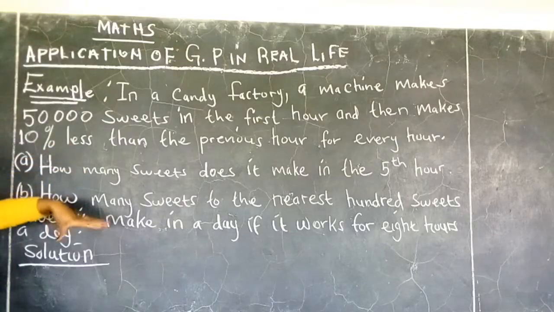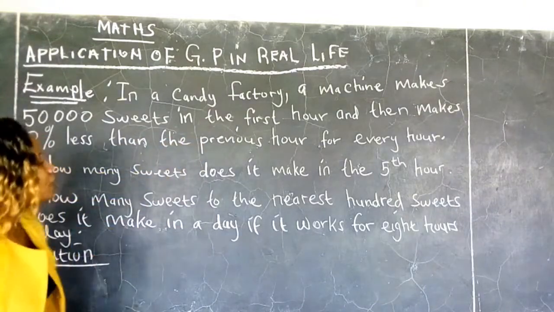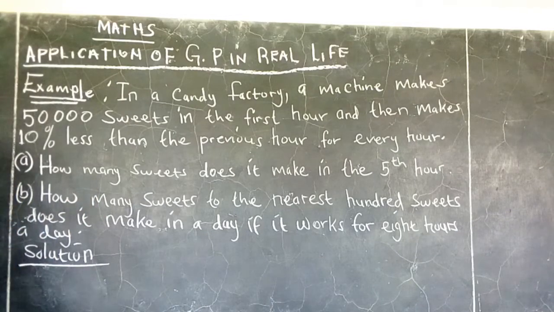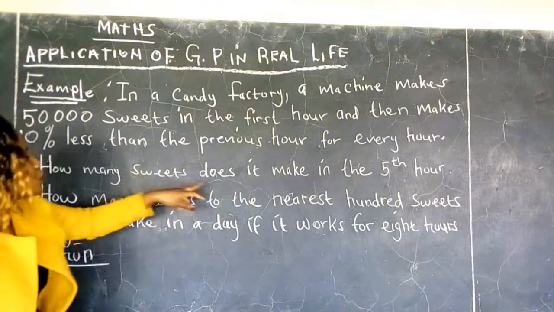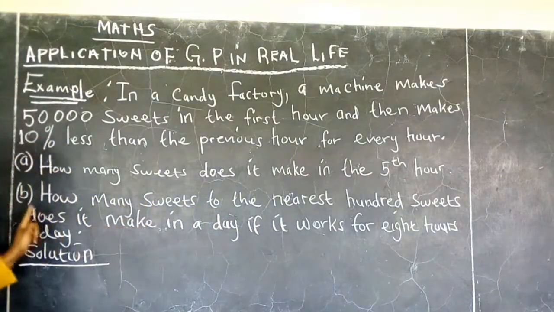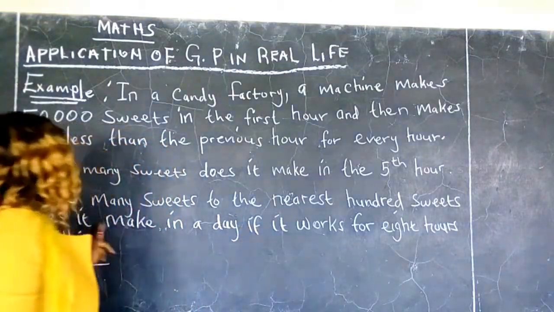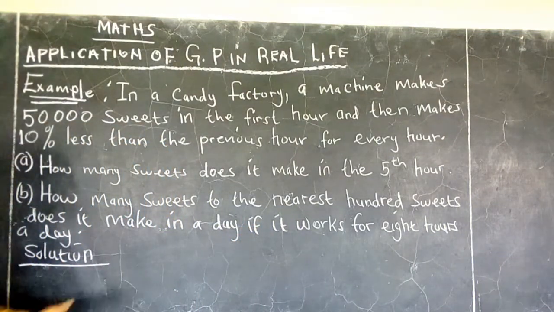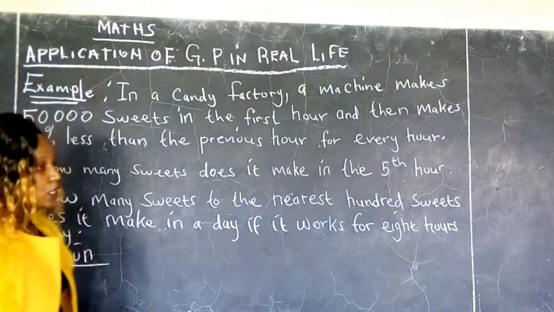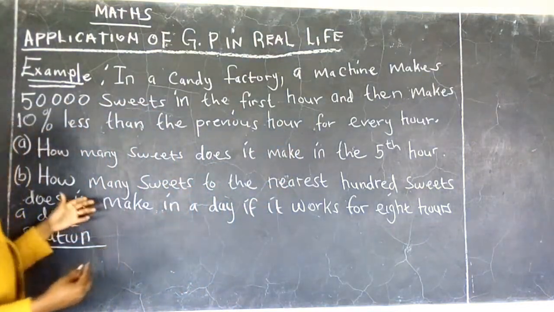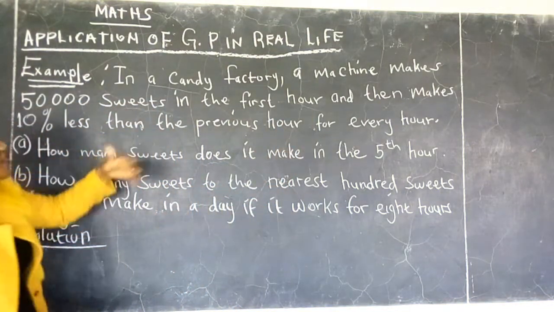I have an example whereby we are told in a candy factory, a machine makes 50,000 sweets in the first hour and then makes 10% less than the previous hour for every hour. And I have the two questions here. Part A is asking how many sweets does it make in the fifth hour? And part B, how many sweets to the nearest 100 sweets does it make in a day if it works for 8 hours? So the key thing here is the first hour, and then makes 10% less than the previous